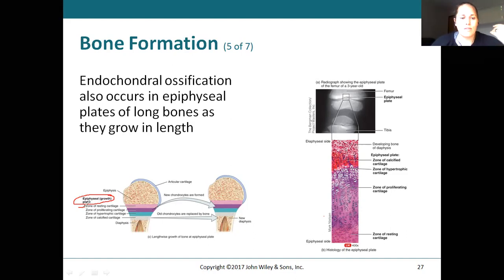So you can see here the first zone, you've got your zone of resting cartilage, and then you've got proliferating cartilage, and next you have hypertrophic, which are going to have those mature chondrocytes in them, and then next you have the zone of calcified cartilage, and again this is giving rise to that more mature bone. So the old chondrocytes are going to be replaced by bone, so new chondrocytes are formed here. So you've got your continuous growth here, and as they mature, you're getting longer bones that occur in this region